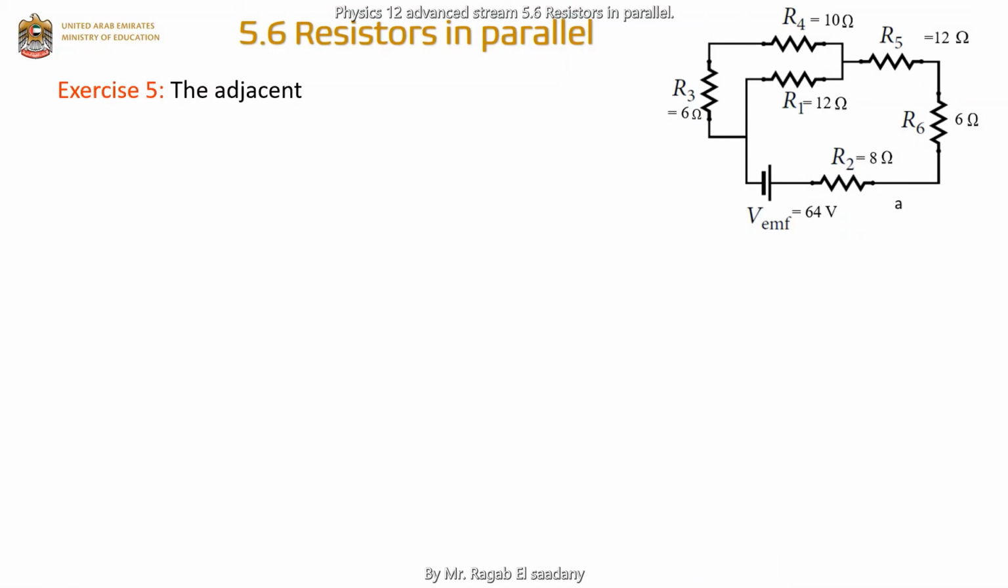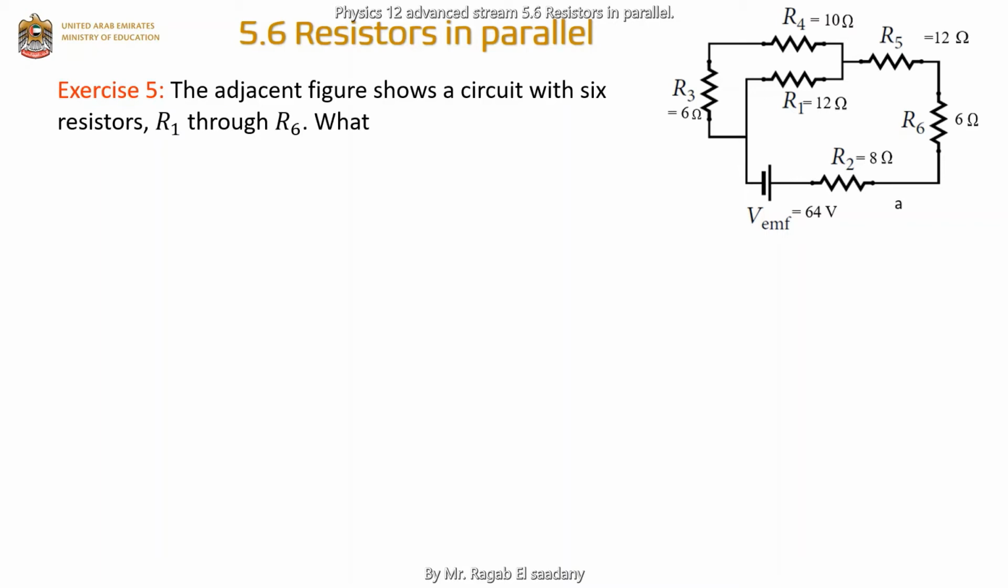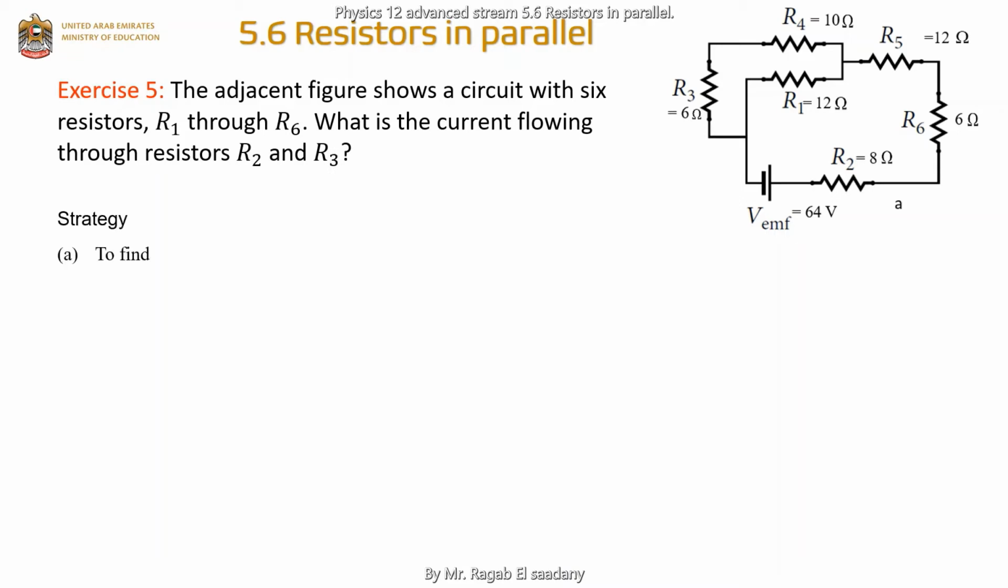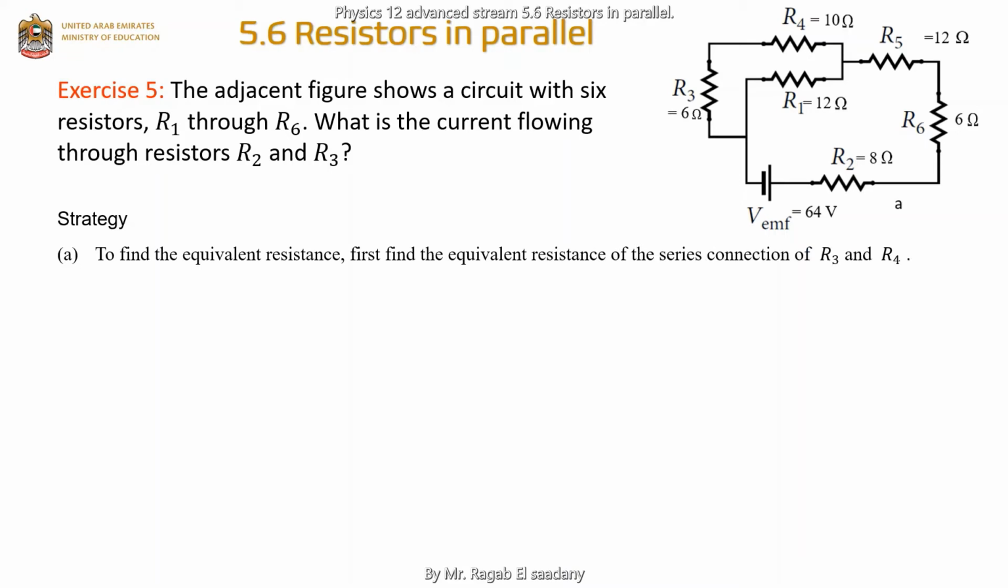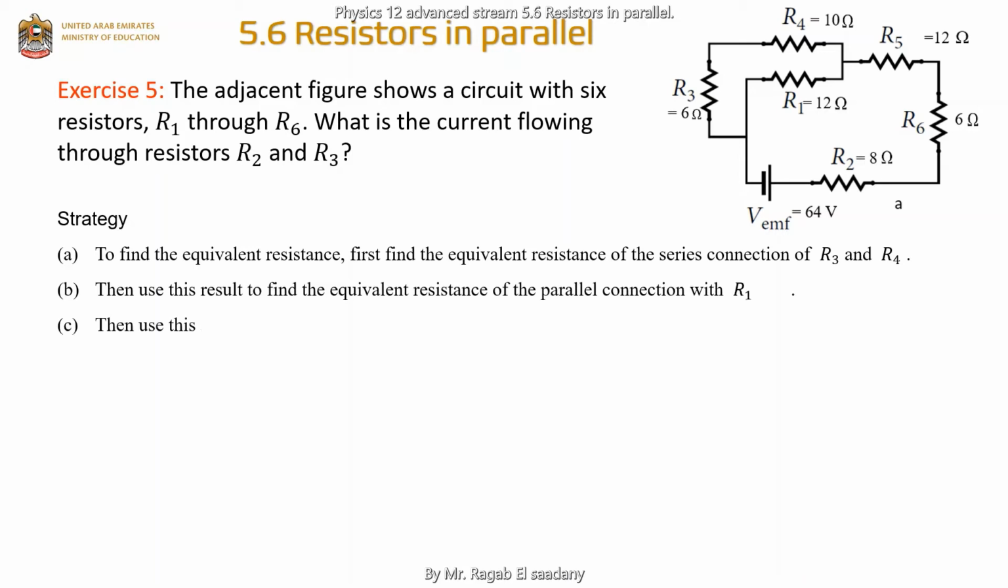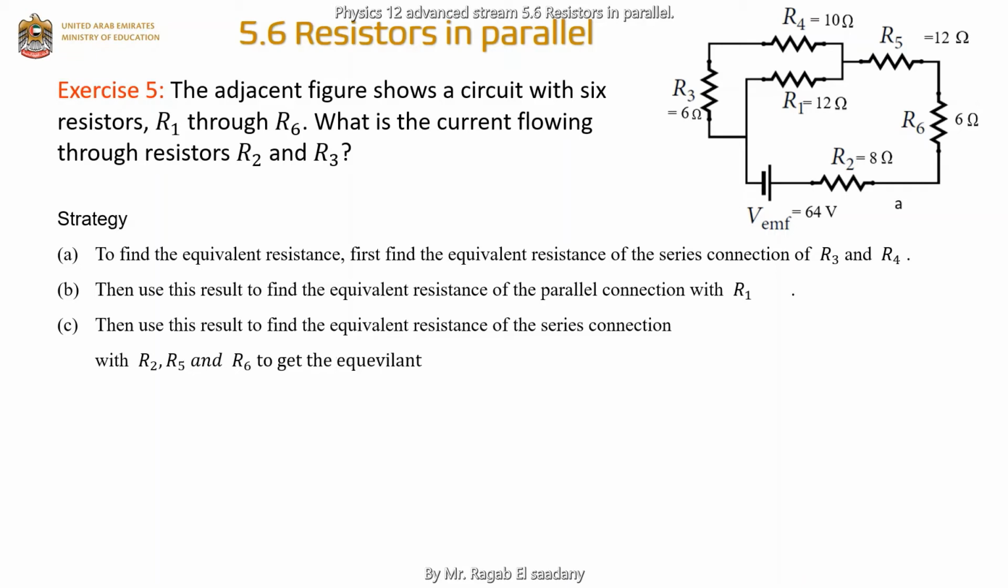Exercise 5. The adjacent figure shows a circuit with 6 resistors, R1 through R6. What is the current flowing through resistors R2 and R3? Strategy: to find the equivalent resistance, first find the equivalent resistance of the series connection of R3 and R4. Then use this result to find the equivalent resistance of the parallel connection with R1. Then use this result to find the equivalent resistance of the series connection with R2, R5 and R6 to get the